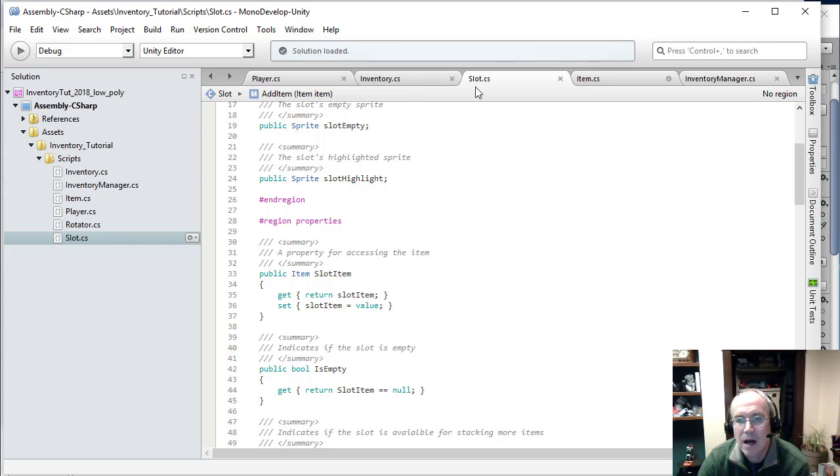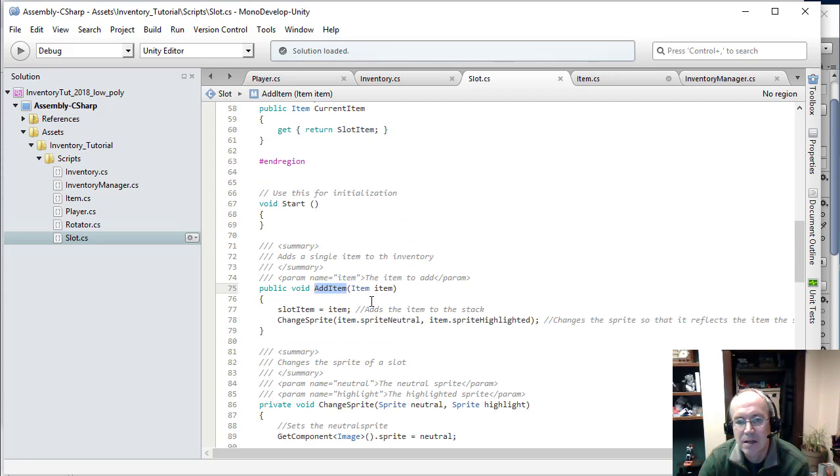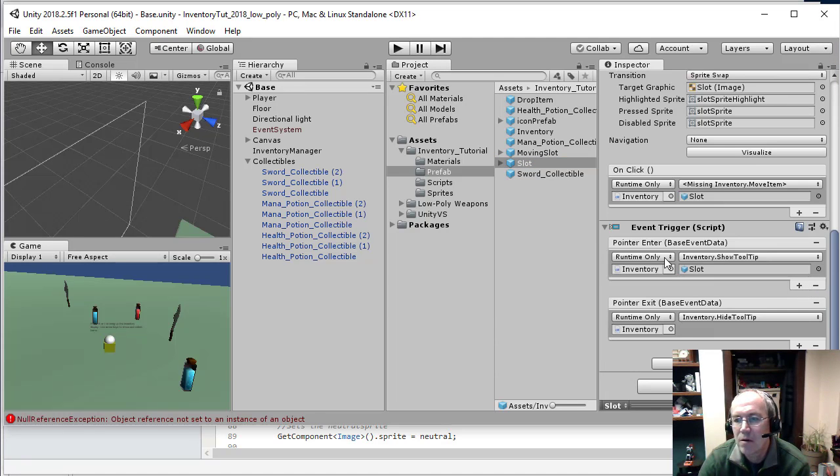So let's look at slots. We can add items to a slot. There are these little checks again to see if it's empty, and then adding items to it. We're going to change the sprite, and then we have some set sprites that are tied to this item. So for every item that's out there,